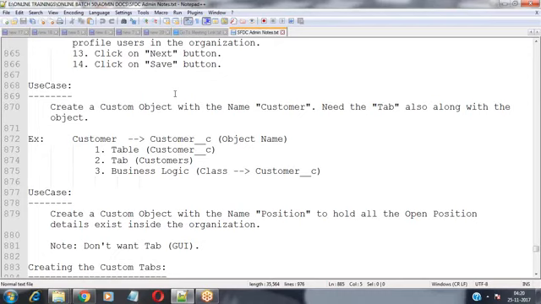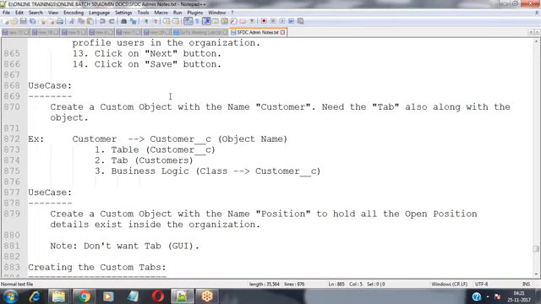It provides the business logic also, so there is no need to design the user interface manually on our own, and no need to build the business logic on our own, which will be given by Salesforce by default.